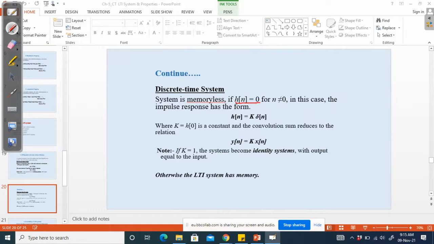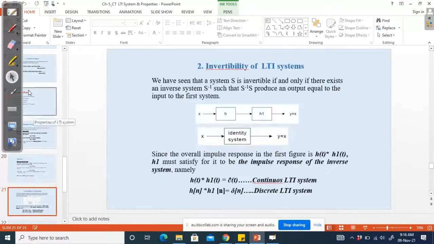Same, h[n] is equal to 0 for n not equal to 0. Okay, this is for discrete time LTI system. Now, invertible. What is invertible? We have seen that a system S is invertible